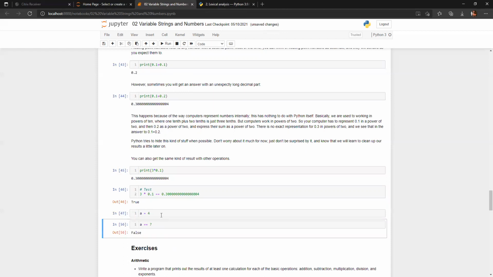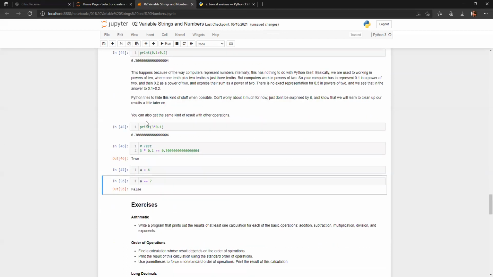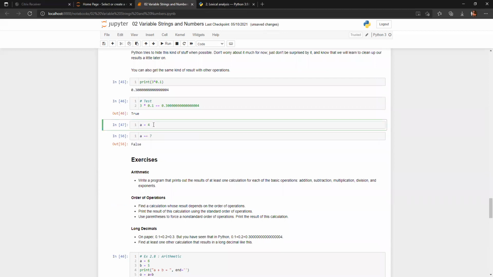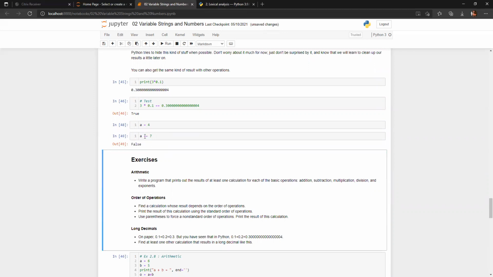Now, as you can see here, you can store the same things. If you want to store any number, you can just use a specific variable like a is equal to 4, and you can see here that it is being stored. What if I'm using double equal to as an operator? What does it indicate? Can you tell me?